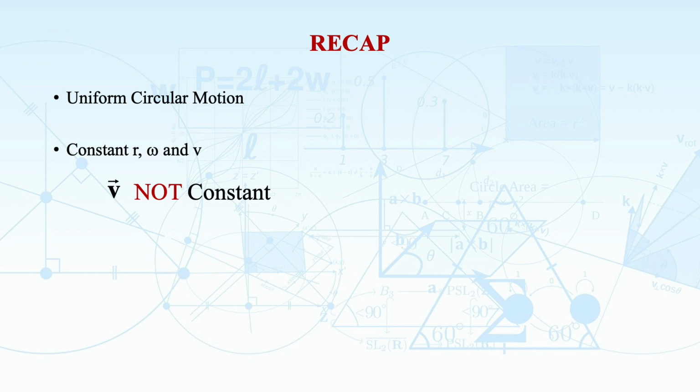So although you have a constant magnitude for r, omega and v, the direction of v changes at each point of its motion, because we know that the linear speed is at right angles to the radial vector at each point. So v does not have a constant direction,